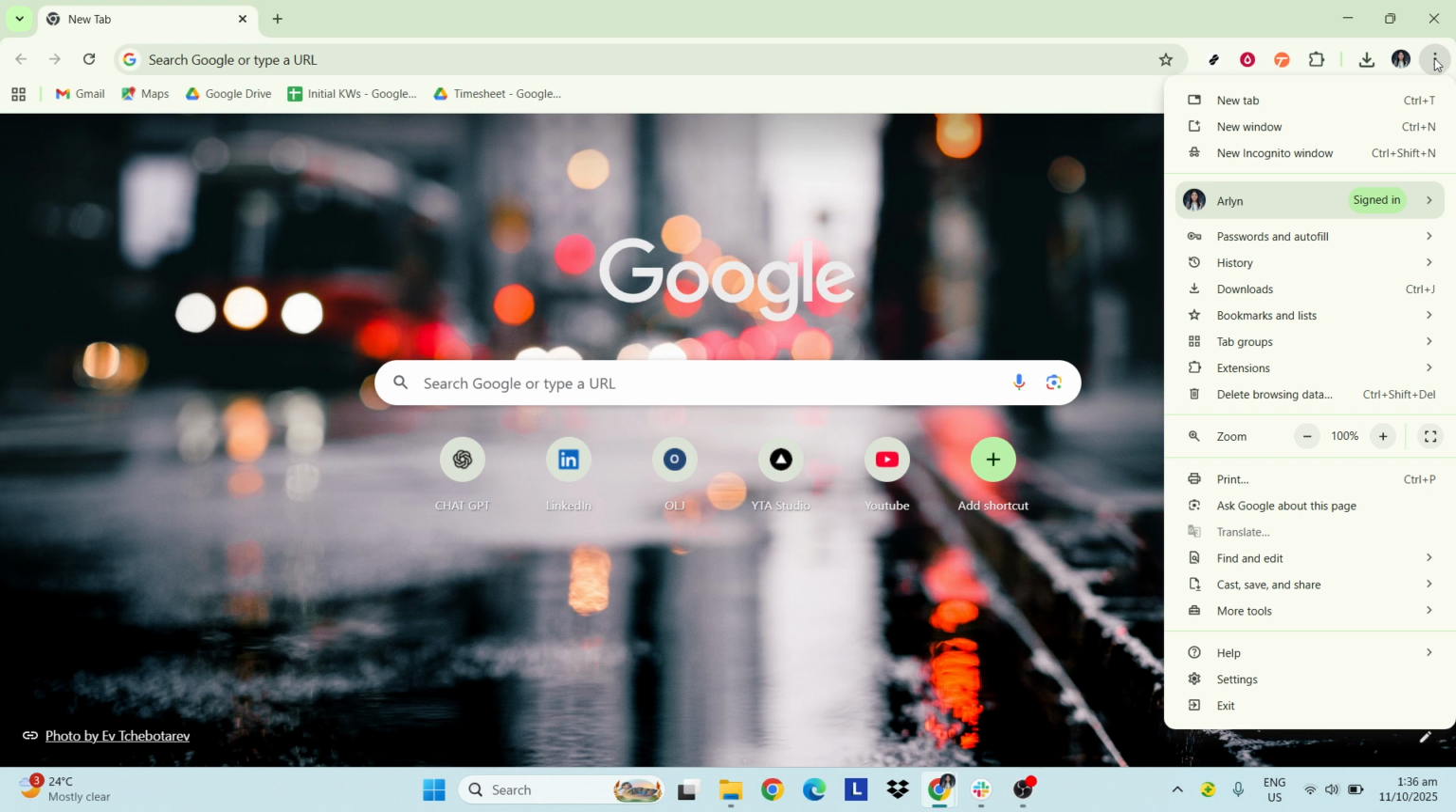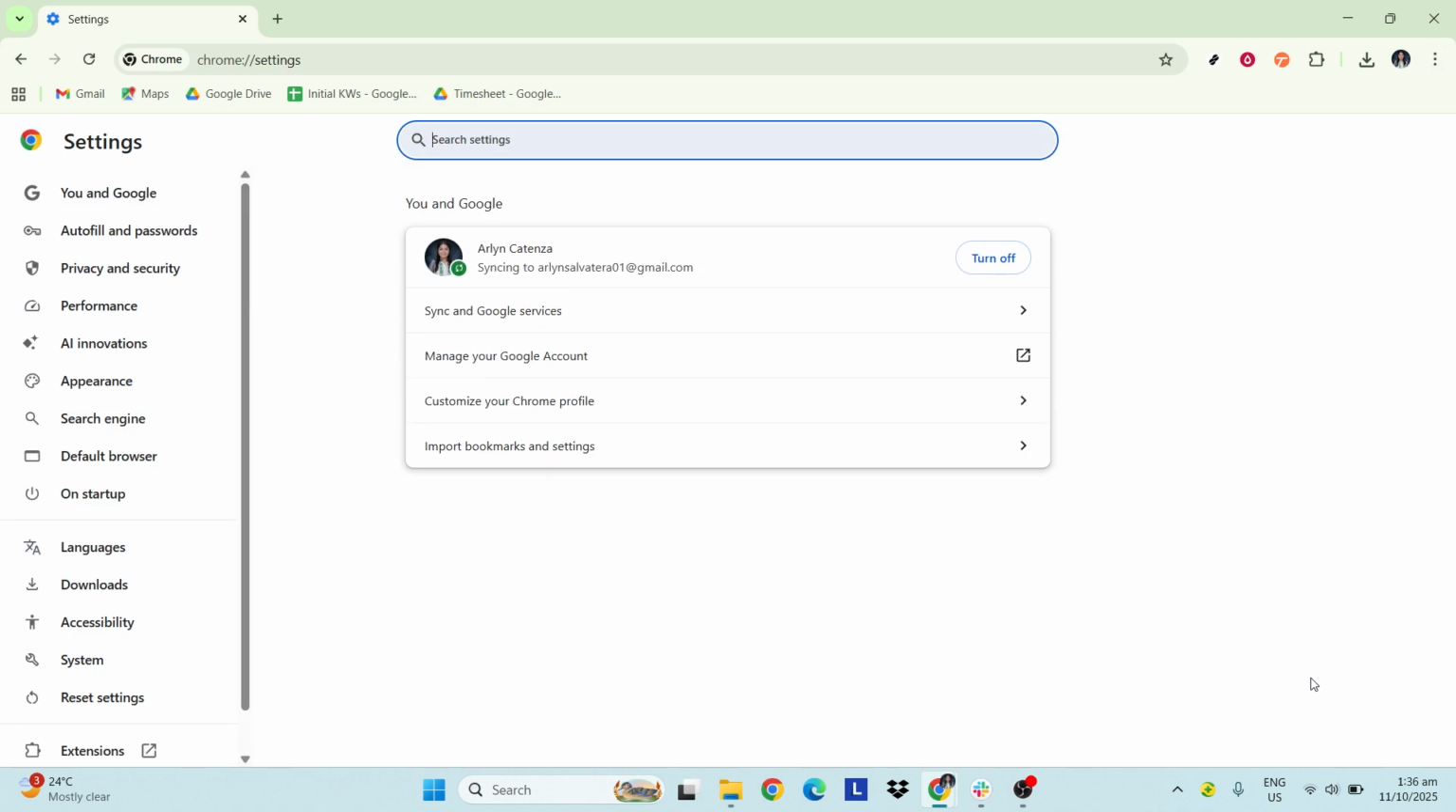A drop-down menu will immediately appear, presenting you with various options. From this menu, you'll want to select the one labeled Settings. This will navigate you to the main settings page where you can adjust numerous aspects of the browser to better